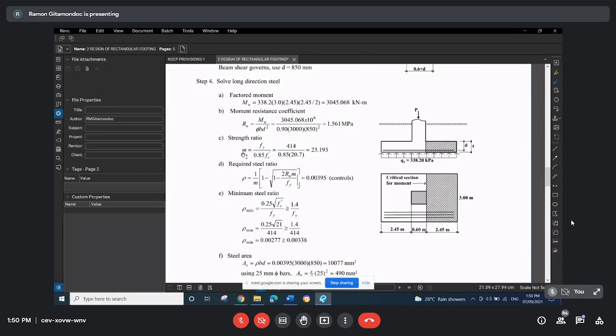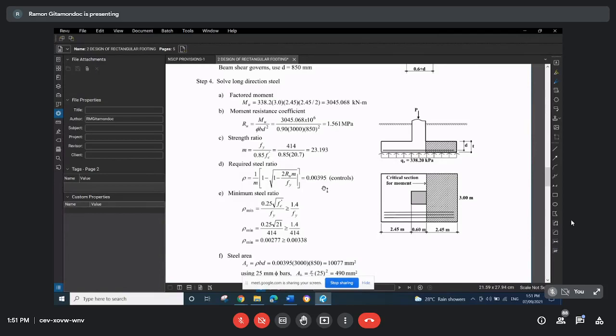Compute the strength ratio m, which is fy over 0.85 f'c. Then compute the required steel ratio using this formula: rho equals 1 over m, quantity 1 minus the square root of 1 minus 2 Ru m over fy. So we have m, you have Ru, you have fy, so you can compute required rho